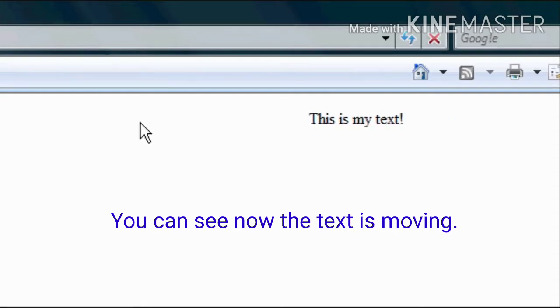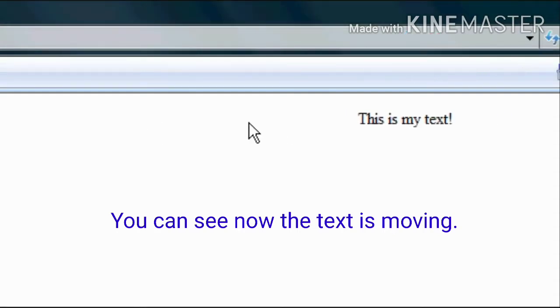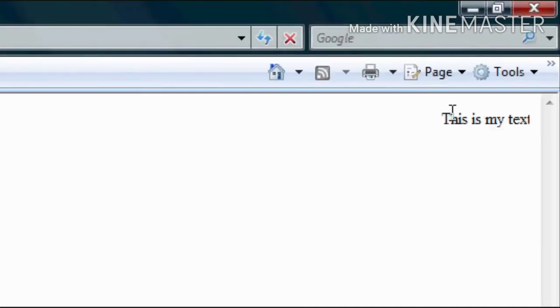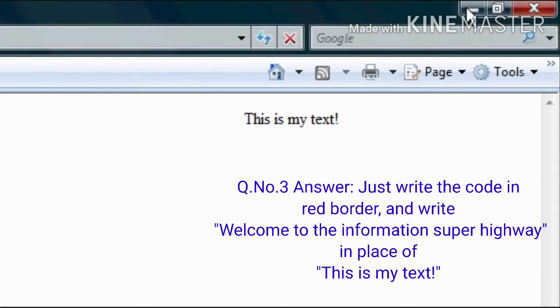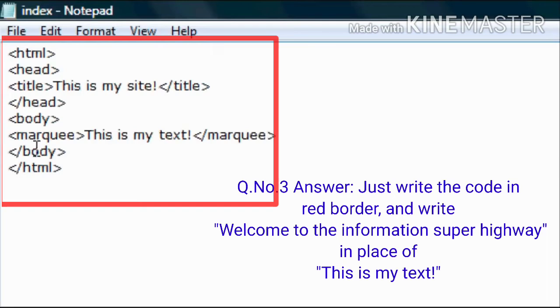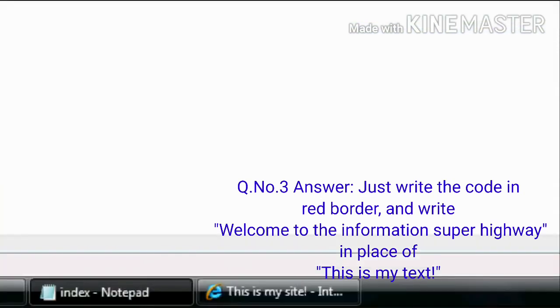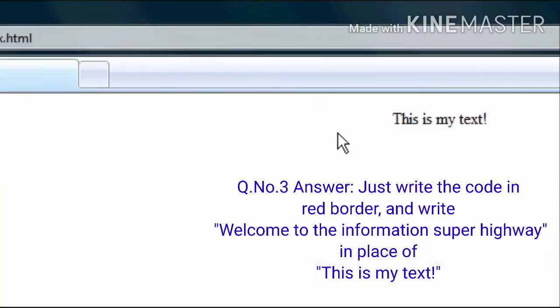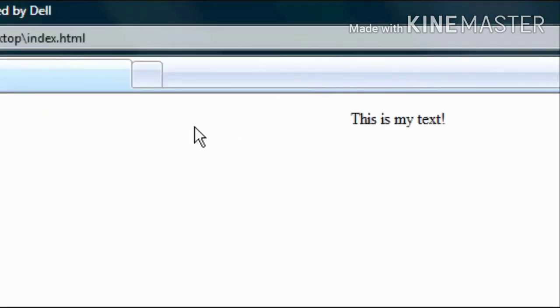You can also add some attributes. In your book it is given with width, height, behavior, bgcolor. These attributes are there, you can use them.